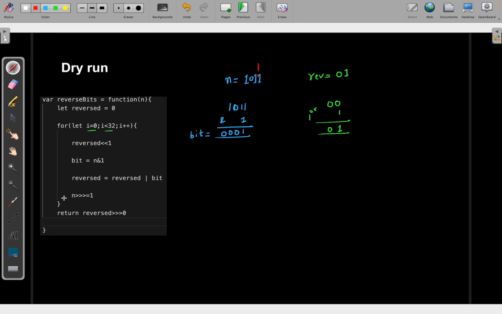After this, I will do the right shift. So this is the right shift and my n will become 101. Again, what I will do, I will simply add a space in my reverse, like doing a left shift. So it will become 010. After this, I will take a bit with n and 1. So 1 and this will give me the bit